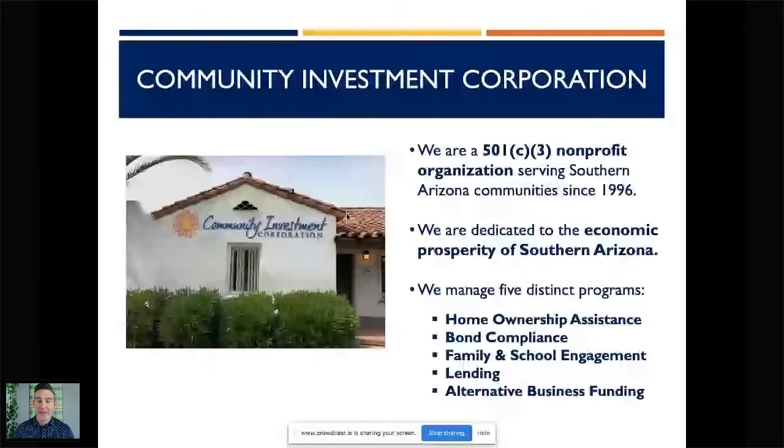We're not going to focus on that too much today, but we did put this presentation together because we are seeing a lot of folks who are in need of financing and don't necessarily have the tools to put their application together. So the balance sheet is part of that.